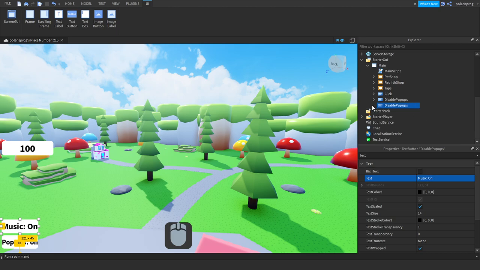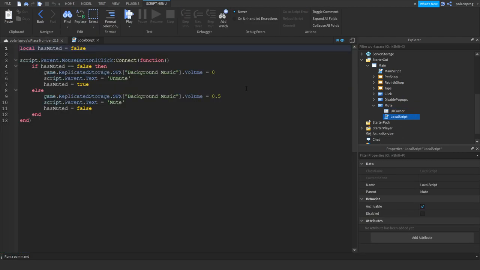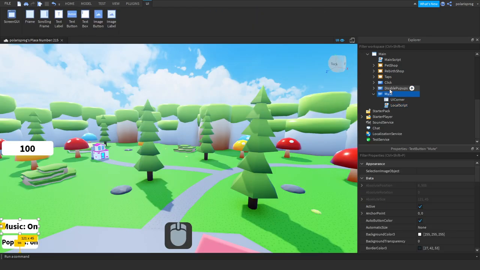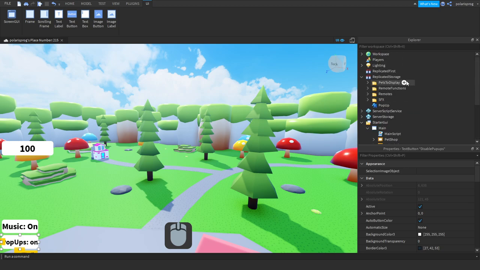And I'm going to change this, rename it to mute, and in here I'm going to change the text to music off, and in here music on. And now what we're gonna do is in here we're gonna add in replicated storage